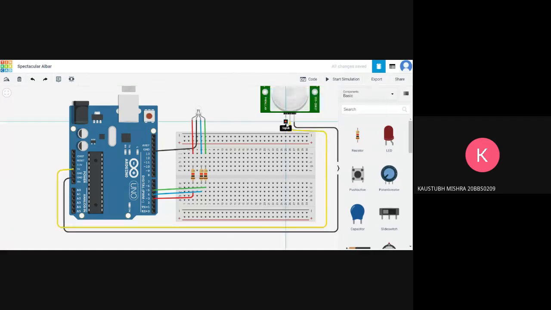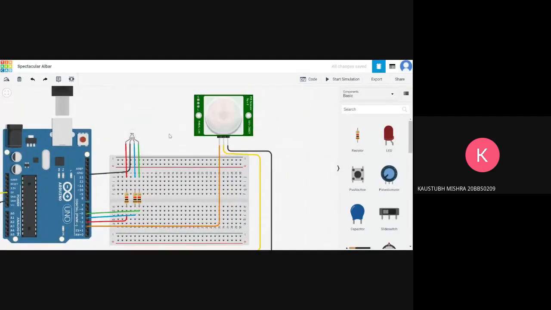And the signal pin, as I said, is the main pin through which we will be taking input. So we will connect this pin, just like the LEDs, to one of these digital pins. Let's connect it to pin number 2. And let's color this something else, let's say orange, so we know what color this is.